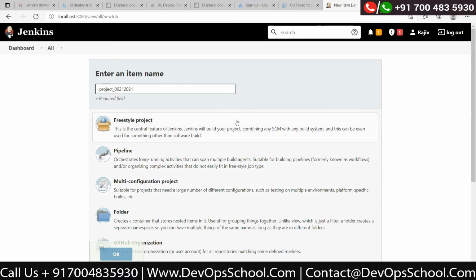So very first option is freestyle job. Everyone who is starting Jenkins, if you go through this freestyle job, will feel very comfortable because you'll see many of the options on the screen, and by looking at those options, the developer or a DevOps engineer like you can understand what is to be done.